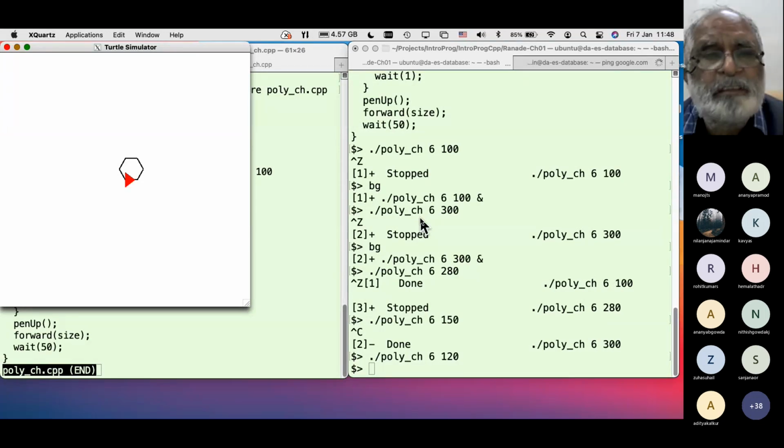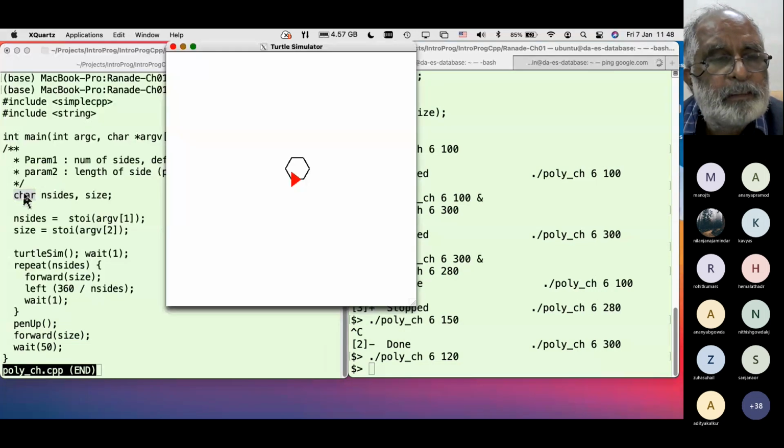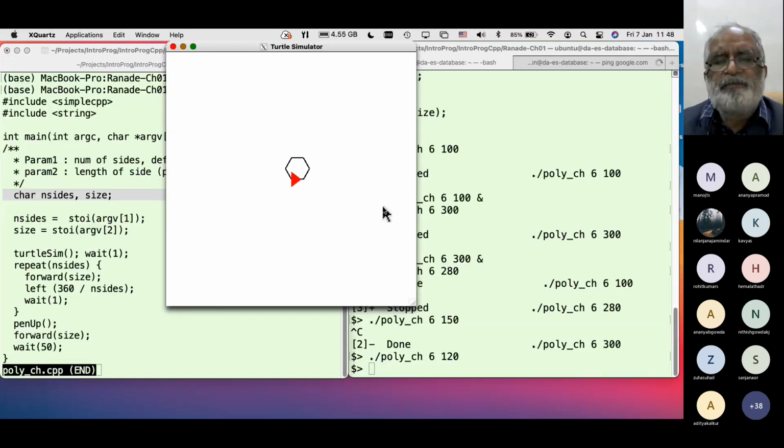Now you can probably realize what I'm talking about here. This I declared as type char, and I said char contains 8 bits. So what is the max value of char? When we say 8 bits, what can be the max value?